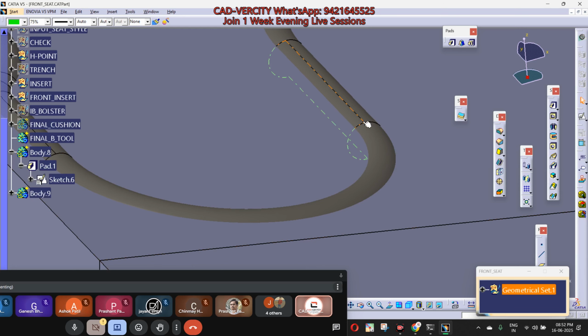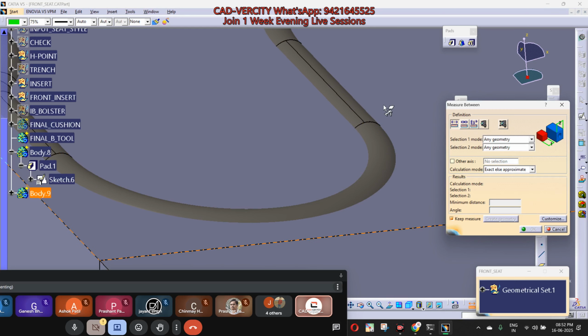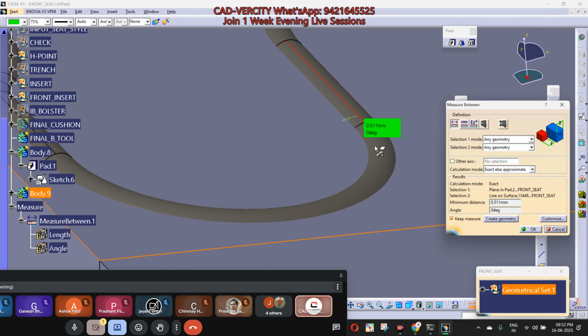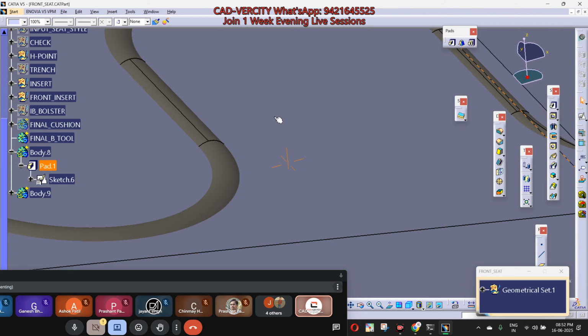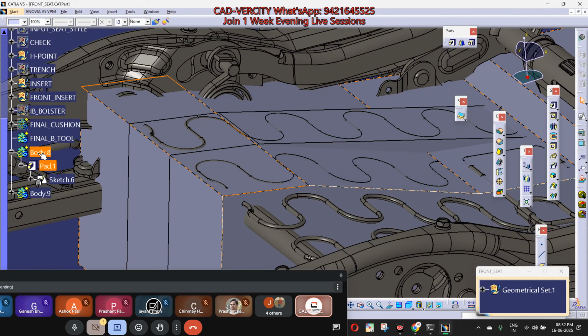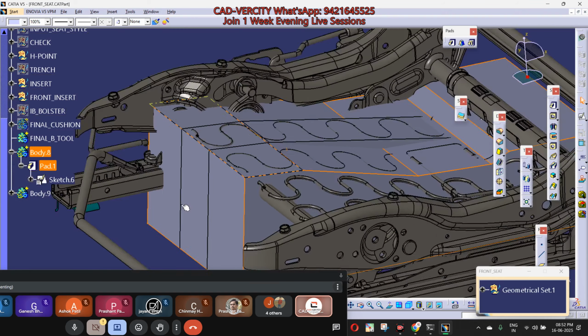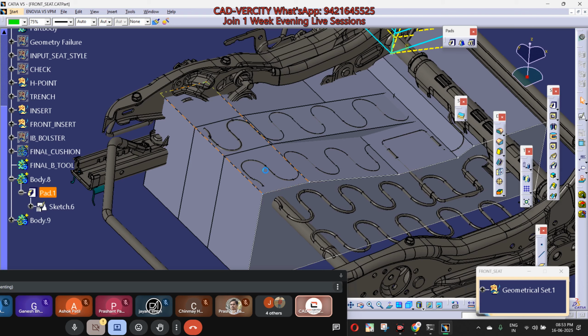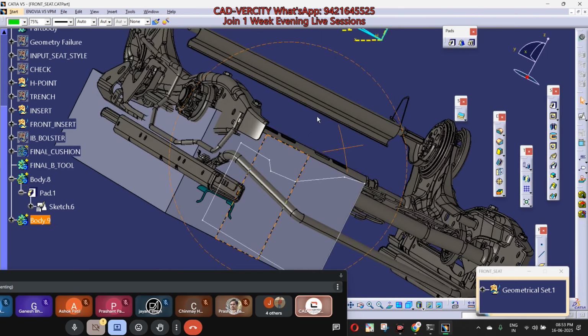Why? Because if I check the clash of this with this one, the clash will be 0.5. So it is okay. Yeah, no issue. Otherwise, we can remove this clash. No issue. So control is done with this one. Now